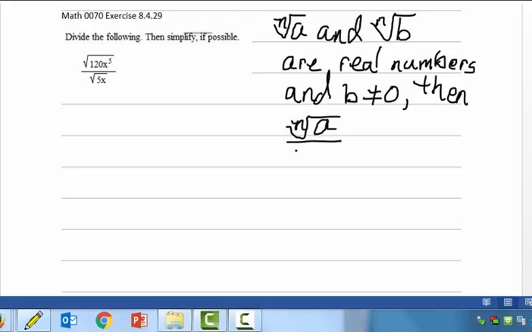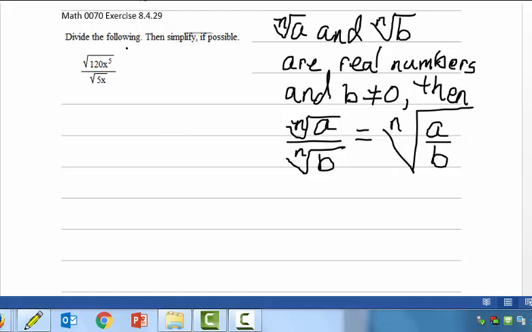Whenever I have a division of radicals, the nth root of A divided by the nth root of B, I can do the division first and then apply the radical, which is what the right-hand side of this equation says. So here that works really well. Sometimes it's better to do it as the left side of the equation says. Sometimes it's better to apply the radical and then divide. But in this case, it's best to divide and then apply the radical, which is what this right side of the equation is saying. So I'm going to do the square root of 120